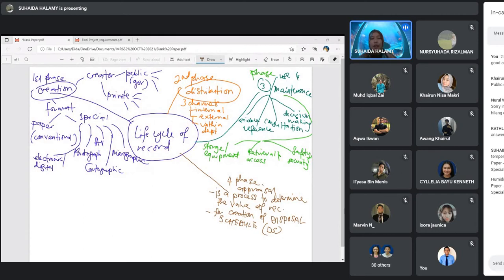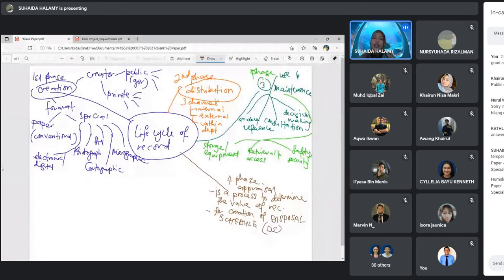Another one that I want to highlight in phase 4 here is about the value. When we talk about value, we have two types of value.